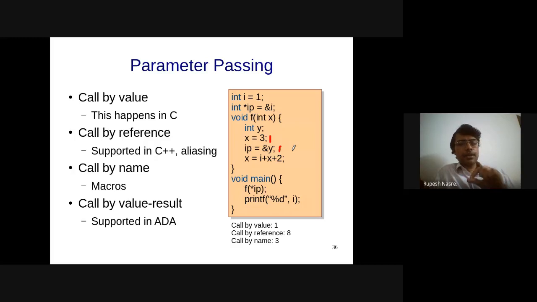So IP is referring to Y. This IP is a global variable. IP is not passed to the function as a parameter, and therefore this IP refers to the global variable IP, which now starts pointing to Y. This value of I is still 1, right? Because X equal to 3 did not change its value. The value of X is 3, which is a local variable,